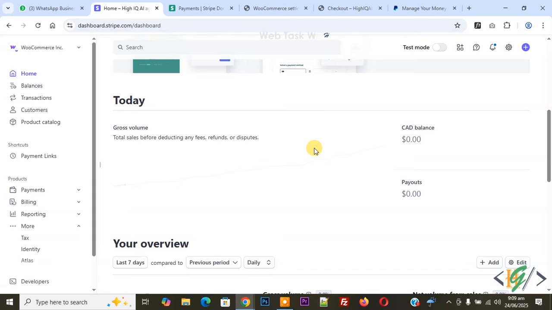Bismillahirrahmanirrahim. Assalamu alaikum. My name is Hassan and today we are going to find out the live publishable key and live secret key in a Stripe account, so you can use both keys in your WordPress website, PHP or HTML website